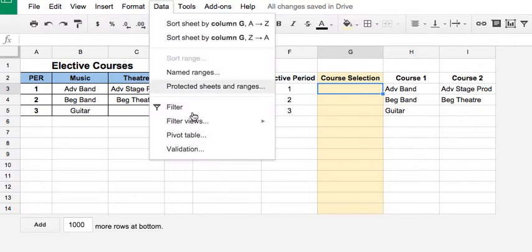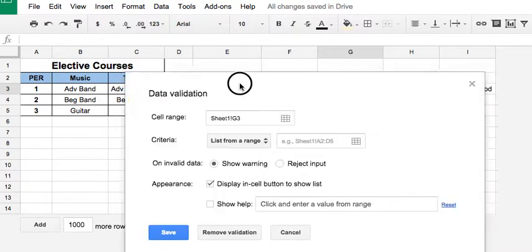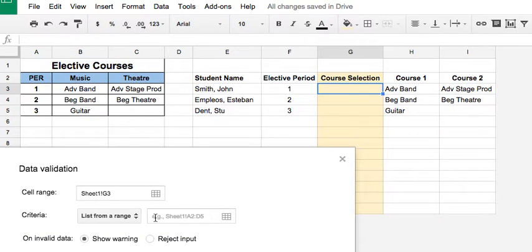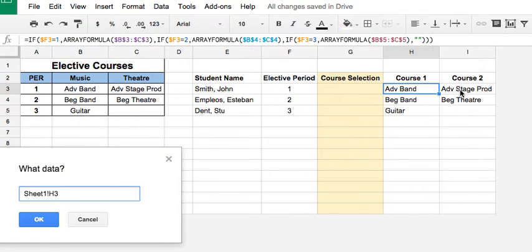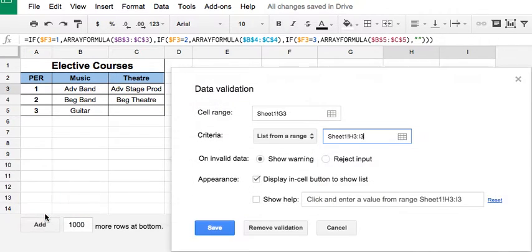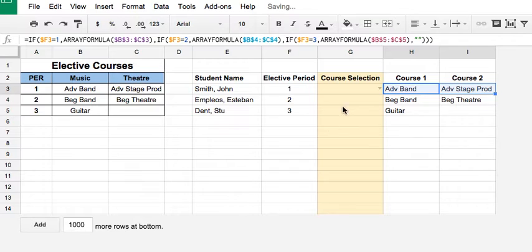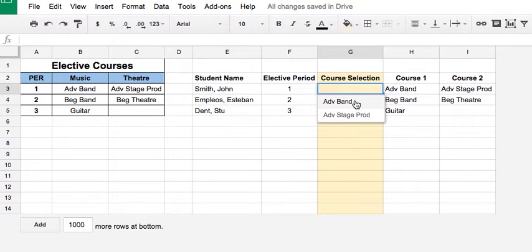So I'm going to go to data validation, move this out of the way for a second. I'm going to select list from a range, and I'm going to select this range here, H3 to I3, and then I'm going to reject input, just because I always like to eliminate as much human error as possible. Press save, and here's the data validation. So it popped up: advanced band, advanced stage, production for period 1. Okay, so